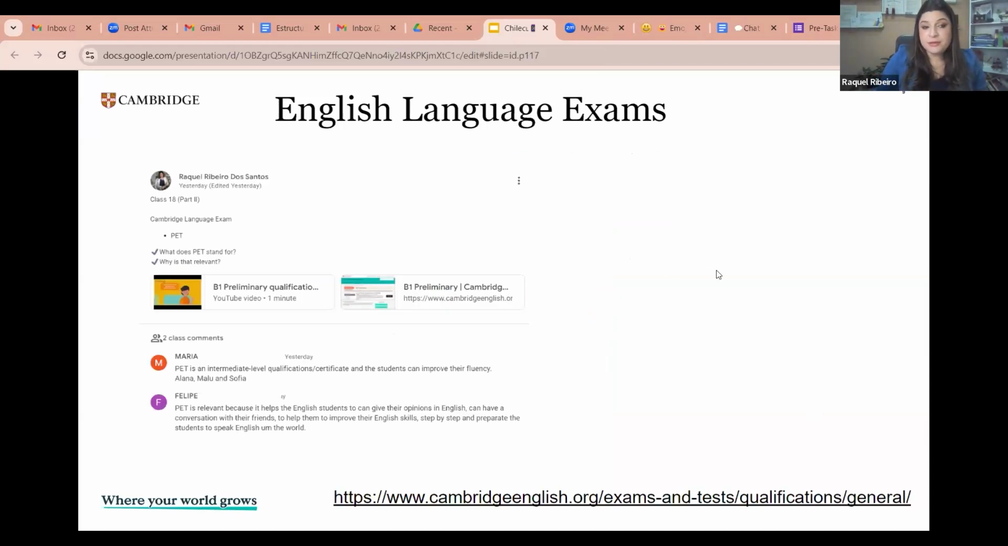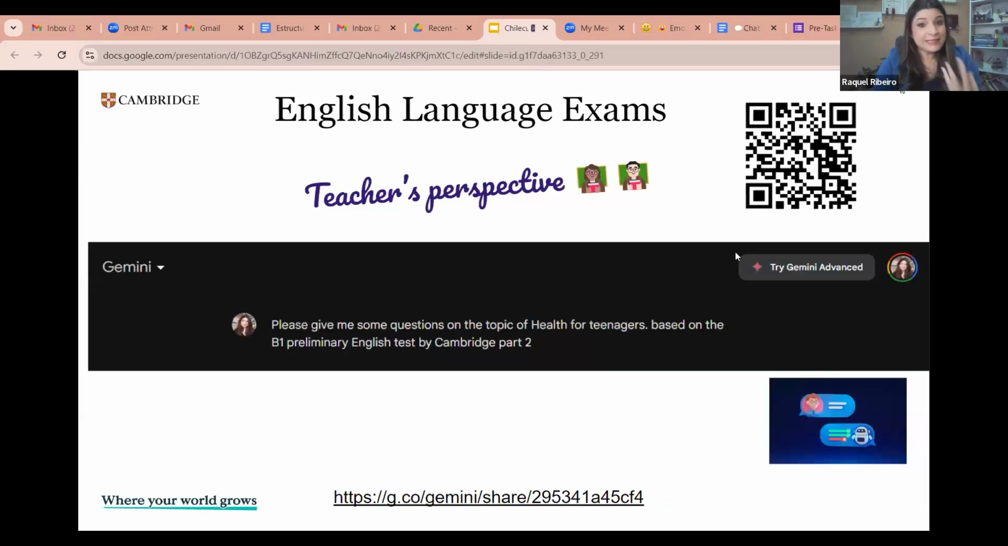First thing we do is to actually explain the exam, what it stands for, and the levels and everything, so the students can understand the relevance. The next thing, as a teacher,